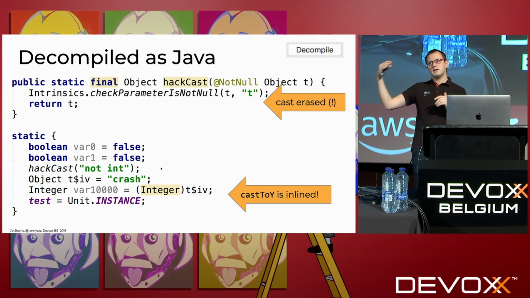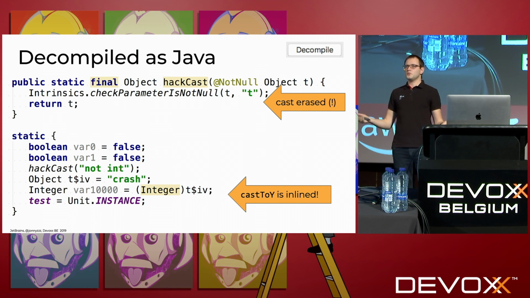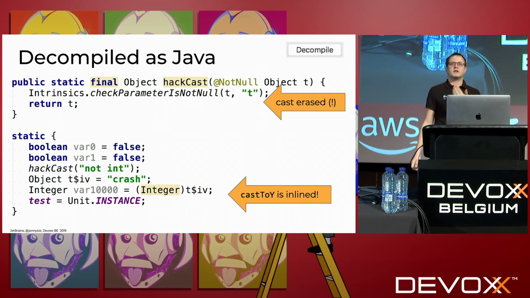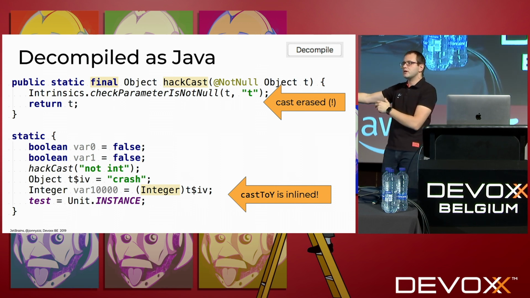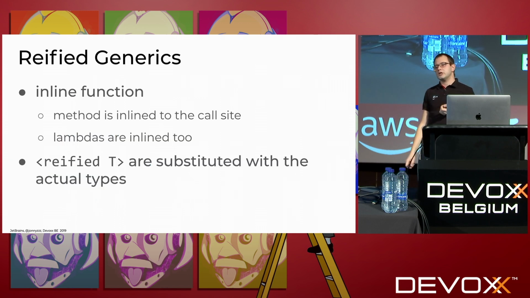Whereas the inline reified function will be inlined at the call site, so the cast to Int will be right there, and it will fail. This is something we would expect, right? And in the longer run, if you have generic and generic and generic kind of thing, it might be trouble if you do such a cast to T somewhere underneath. It might take some time for the application to crash, which is a surprise, actually.